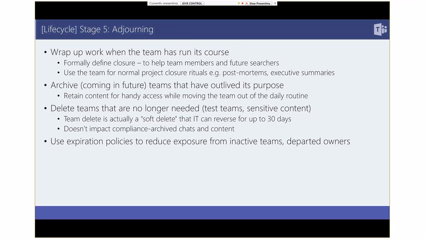So if this is a team that you do not want to delete, there are channel conversations there, you can actually retain the content while moving the team out of users' daily routine. So they can still access it, but it is not actively being used. And if you believe the content is no longer needed, you can actually go ahead and delete the team. This especially applies to test teams or things that you have created initially to play around with, or if there is sensitive content that you do not want to